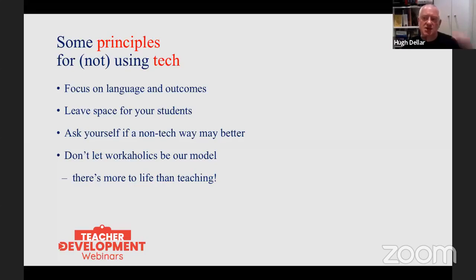It also means you're setting yourself this ridiculous bar. You're basically saying, I will work for free every weekend for the rest of my career. You know, your boss is watching you kind of going, great. I mean, I think we all need to recognize that as teachers, we have these tendencies within us. We like helping. You know, we want to try and make life easier for our students, but for God's sake, don't let workaholics define how we work. There's more to life than teaching.